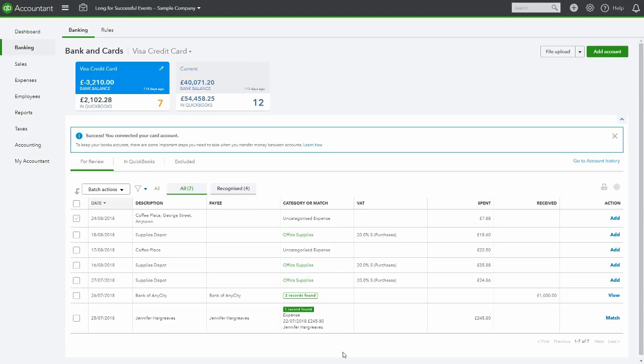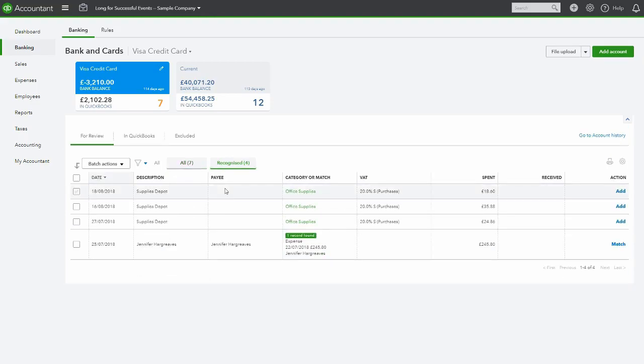Anything in green means that QuickBooks has recognized it. If we want to deal with these first, we can click on the Recognize tab. If we look at this entry here, Jennifer Hargreaves, we can see that this amount has already been manually entered into QuickBooks. When the feed has come in from the bank, QuickBooks has recognized that the same amount is already recorded. So what we can do is just match the amount from the bank feed to what's already in